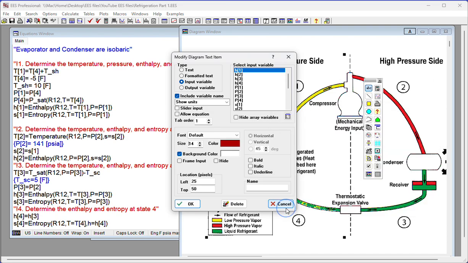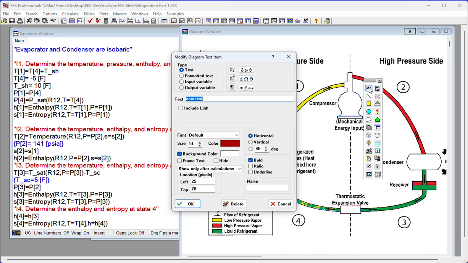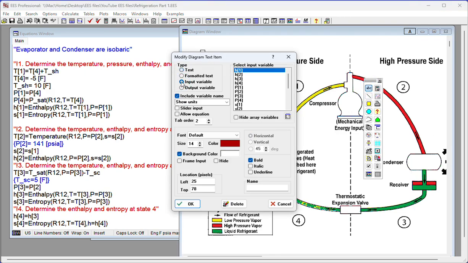Add it to my custom colors. I want it to be bold. Input variable, and we need P2. Okay, and I have to click off of that. If I go to add another variable with that selected, it will just edit that variable as opposed to adding a new one. So another input variable,